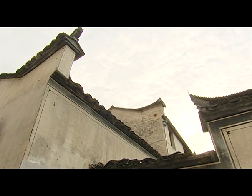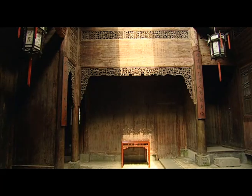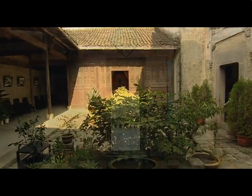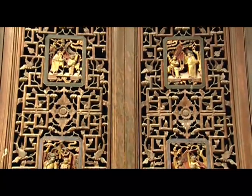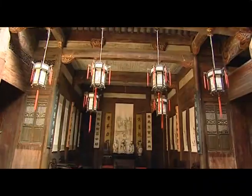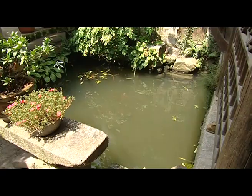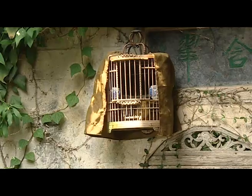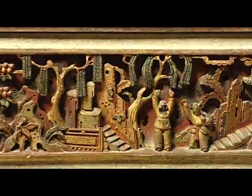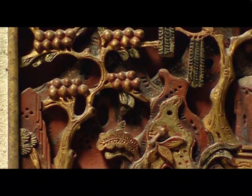The magic of Hongcun is found not only in its water system, but also hidden in the luxurious residences behind the high walls. Chenzhi Tang, built in 1855, covers 3,000 square meters. It has 136 pillars, 60 doors, 60 windows, 7 attics, and 9 shafts. There are chambers for playing cards, rooms for smoking, and a house for fishing, with a complete supply of facilities. These exquisite carvings can be found almost everywhere in the big residence. And on this wooden beam, less than 2 meters long and 30.3 centimeters wide, an emperor treating his underlings is well presented. Among the 30-plus carved figures, you can find people playing musical instruments,